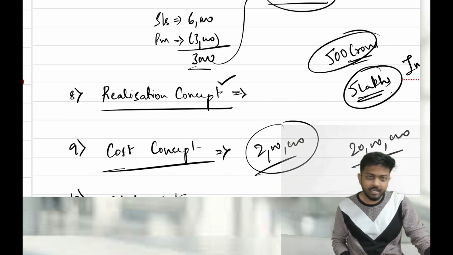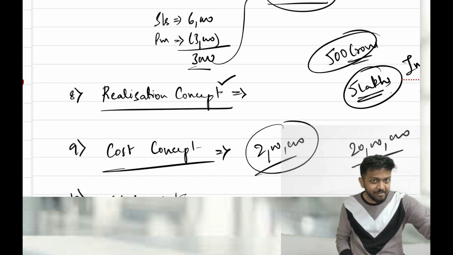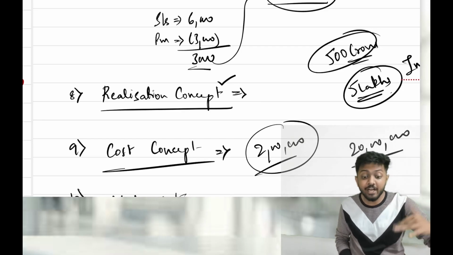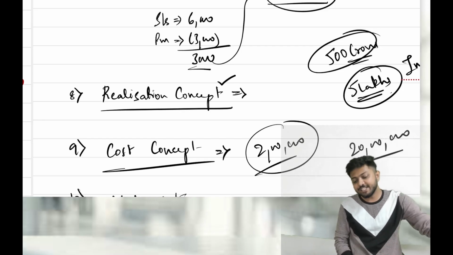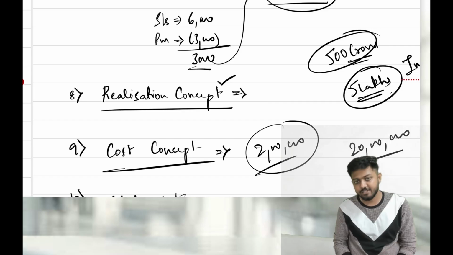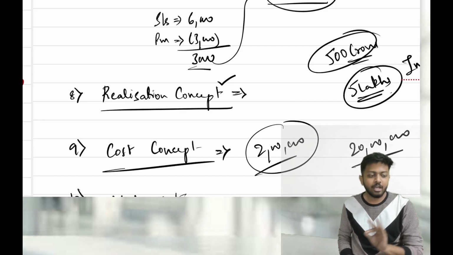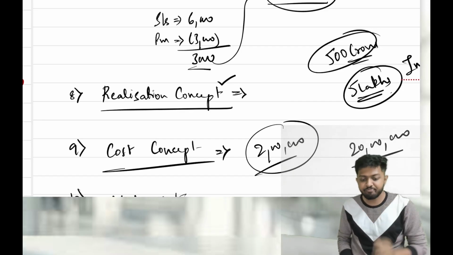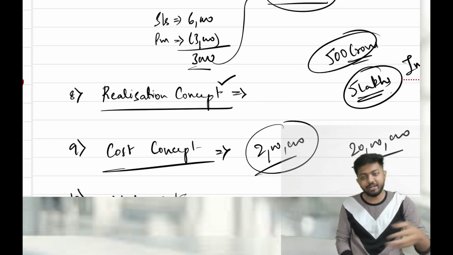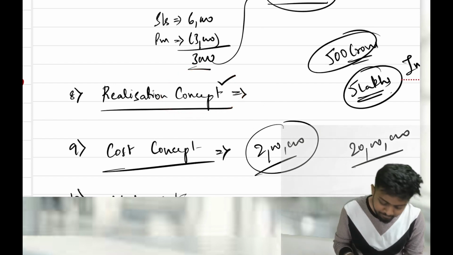Again, don't forget about the accrual concept. Cash received in advance cannot be recognized as income, because you have not given the service or transferred the goods, you have not earned it. In that case, advance received from customers will be a liability, because you have not given the service. So basically, if you are asking for money, you should be eligible for it, then you recognize the income. You have transferred the goods, then you are eligible, you can book it. Or you have already received the money in cash and also transferred the goods, both have happened, then of course book the income, is what the realization concept told. Done.